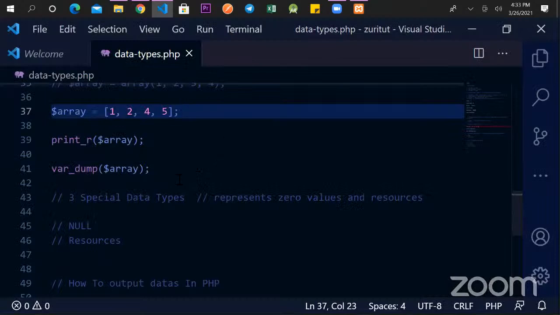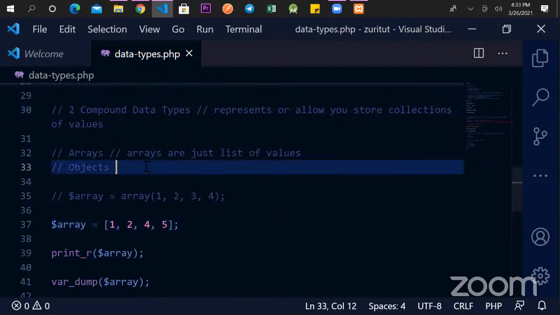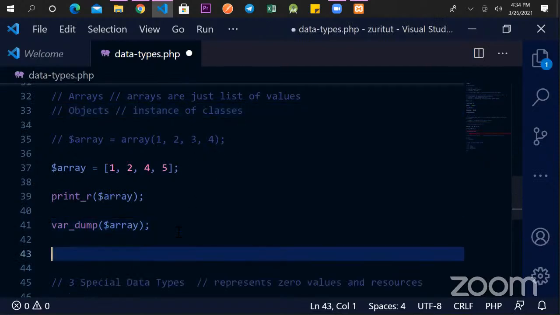All right, so now the next data type under compound data types we want to talk about is objects. Objects are basically just instances of classes. So in order for you to define or create objects in PHP, you can just